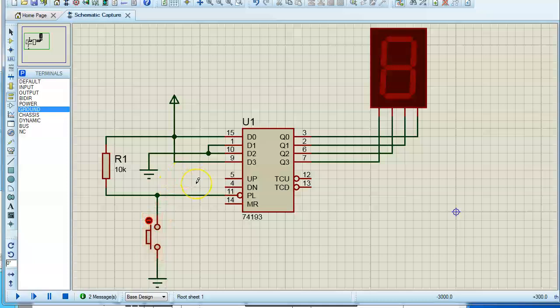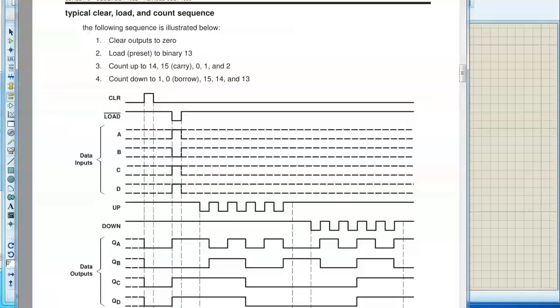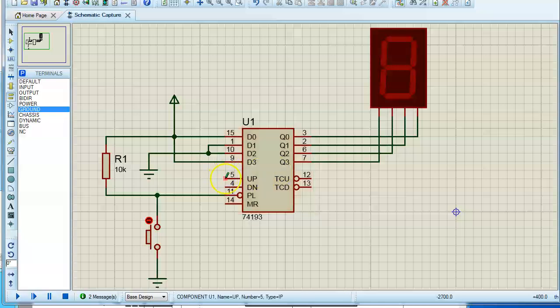And we need to provide the clock signal so that it does either up or down action. As I told you, I am going to configure the down counter. The up counter pin I have to retain as high. So it's better to follow the rules as per the data sheet. I'm taking this up counter, and as you can see, I'm tying it up with high here. Now only the down counter is left.